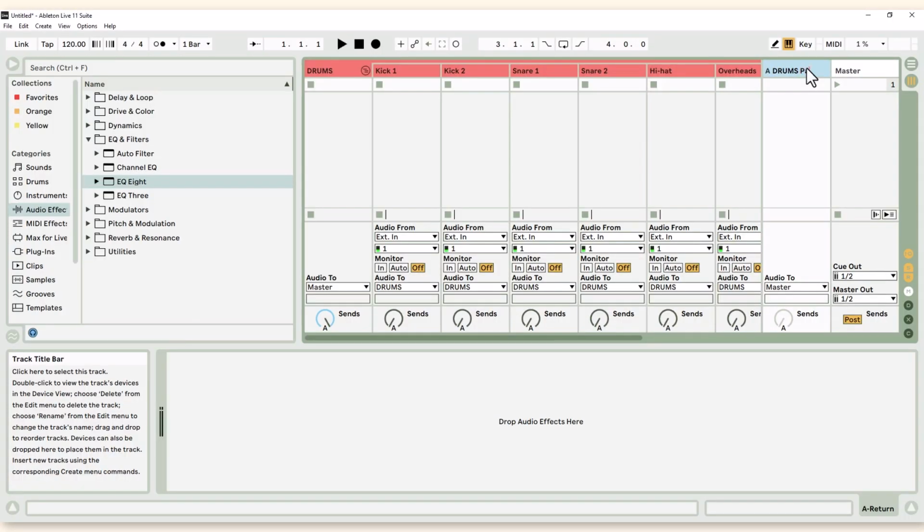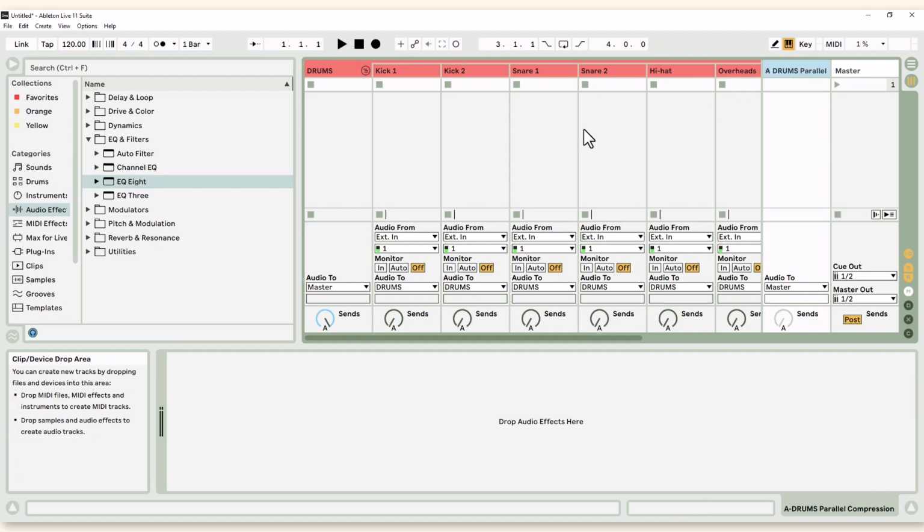We'll send the entirety of the drums to a parallel compressor. We'll also put a drum bus